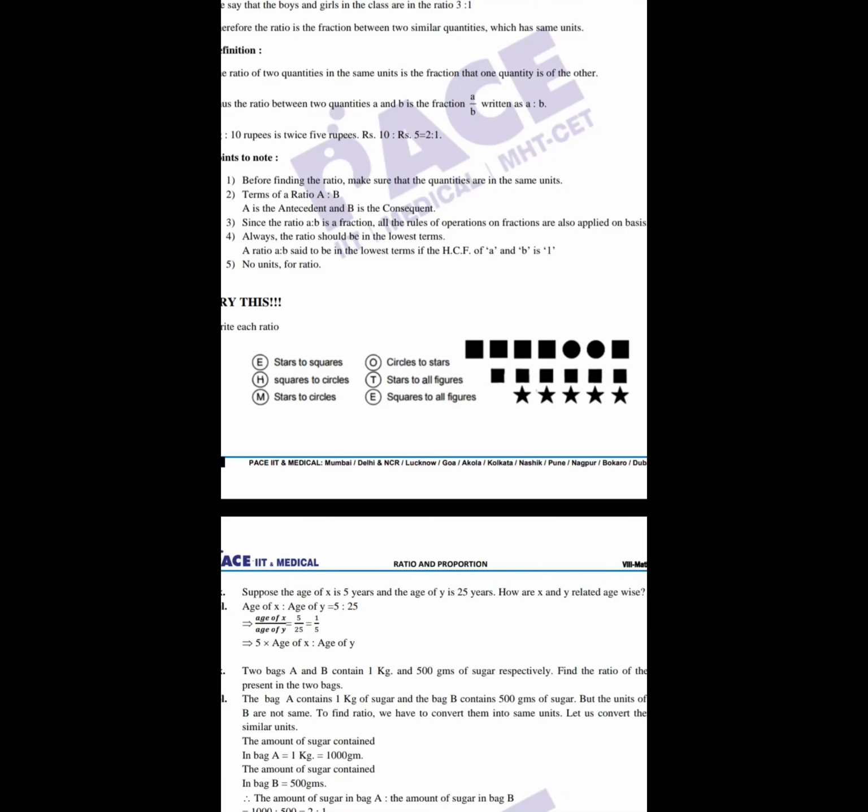Aradhya: Sir, can we represent the ratio as 1:5? Did you check the answer in the booklet? What is written over there? The ratio is 5:25. But it was cancelled in the next step too, how long will you stay on the first step, you have to move ahead. What is written in the next step? Age of X upon age of Y. On the right, what is written below 5/25? 5 into age of X is to age of Y. Don't you see 1/5 written anywhere there? Yes, it is written. That's exactly what is written.